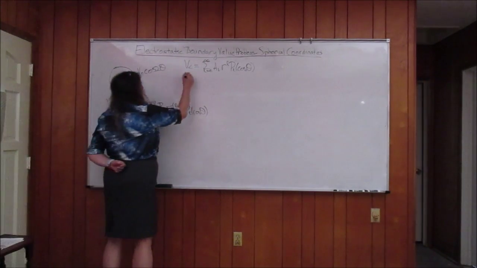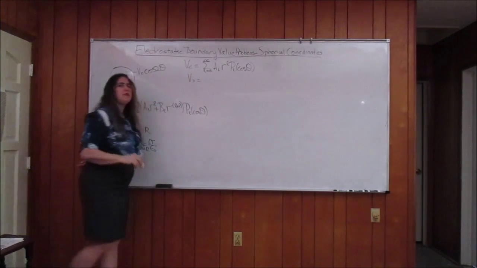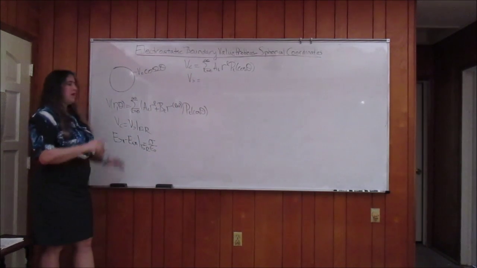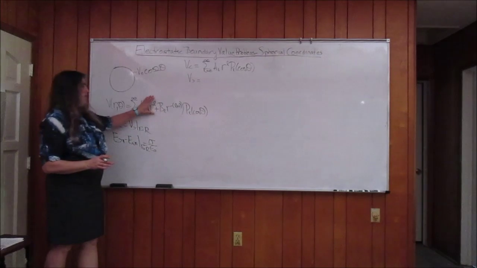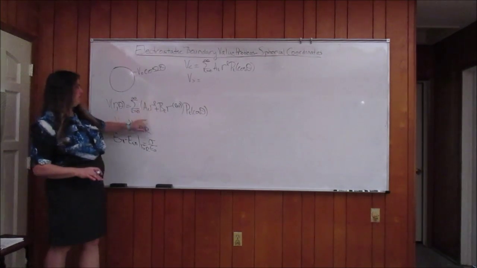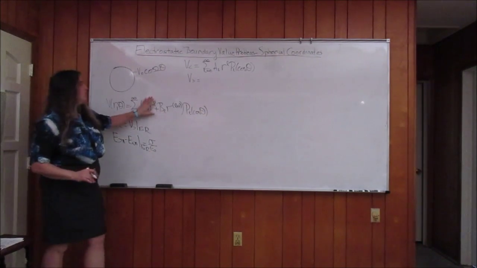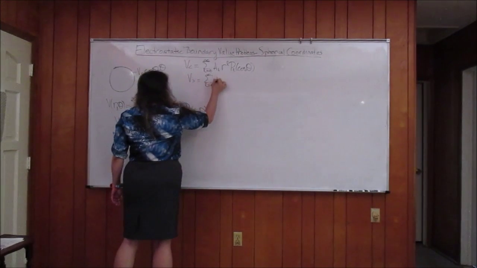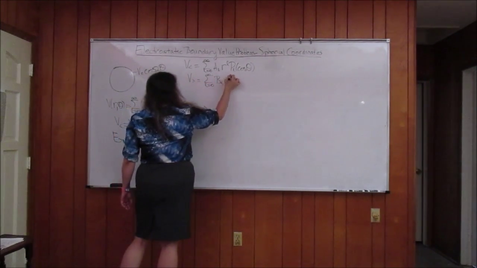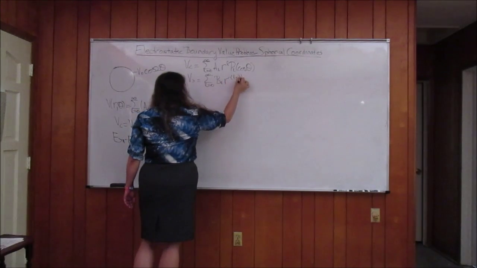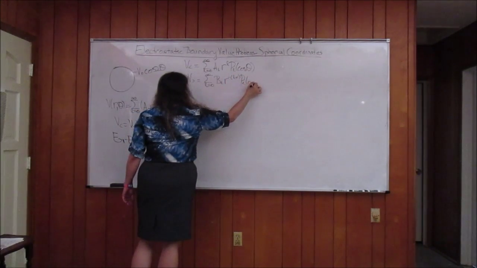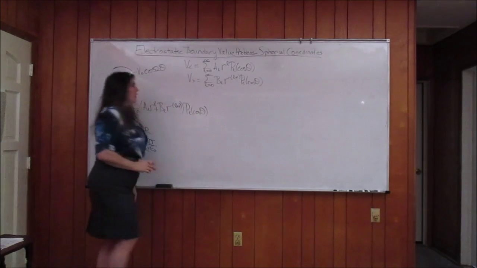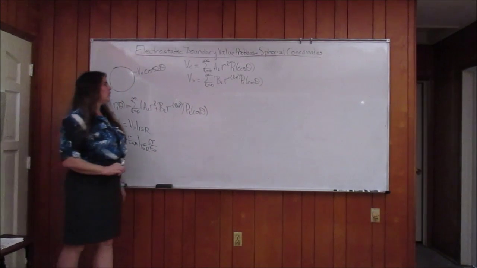The exterior solution must also remain finite, but this time as r approaches infinity. That eliminates the possibility that you'd have any terms of this kind. So you're just going to have summation L equals 0 to infinity, B sub L r to the minus (L plus 1),